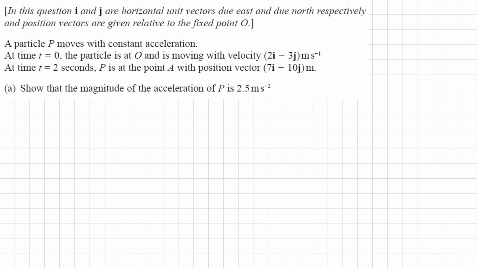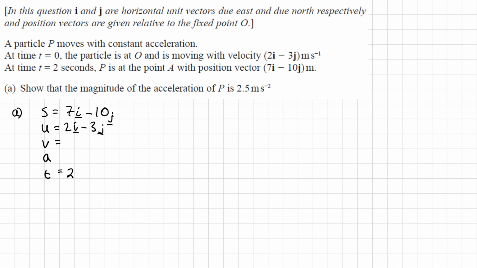So this is a SUVAT question or RUVAT. Often with vectors we use r for displacement rather than s. You can use either. So I'll write SUVAT. I have the initial velocity because that's at time equals 0, so that's going to be 2i minus 3j. I have the position vector at 2 seconds. So when t is 2, I have this position r or s is equal to 7i minus 10j,